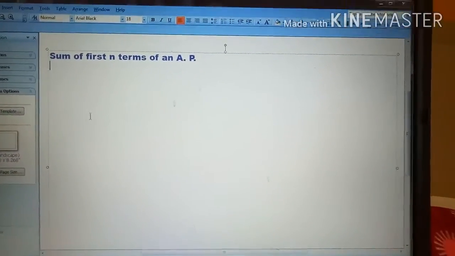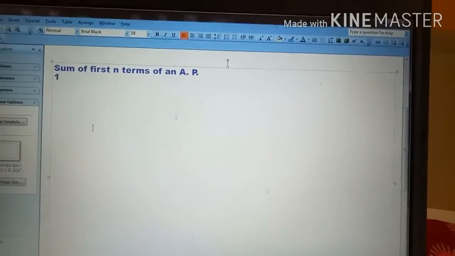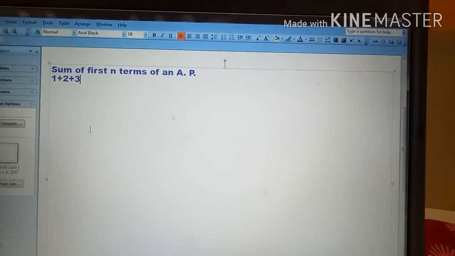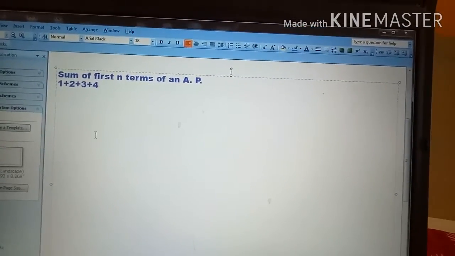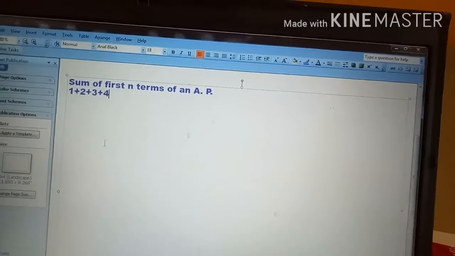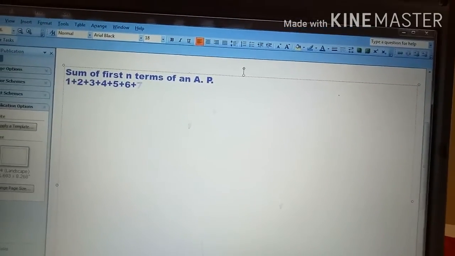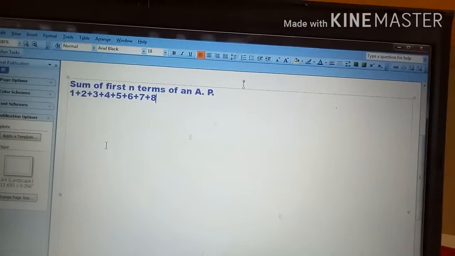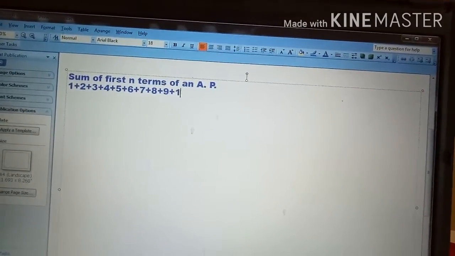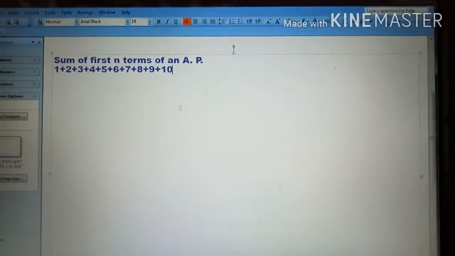So at that time we have to do 1 plus 2 plus 3 plus 4 plus 5 plus 6 plus 7 plus 8 plus 9 plus 10. These are the first 10 natural numbers, and if we have to find their sum,